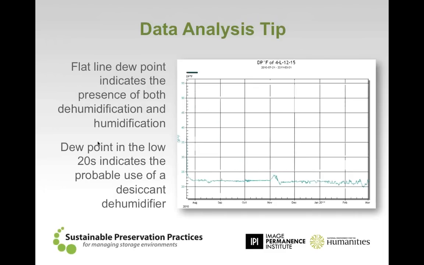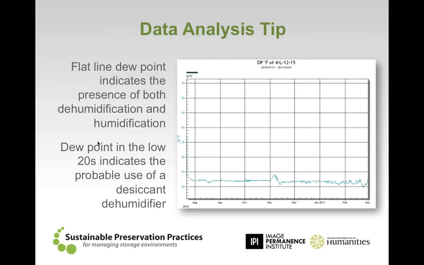One last humidity graph is this one. If you ever look at a humidity graph and you see it's down in the low 20s, that could be a fair indication that there's a desiccant dehumidifier. A desiccant dehumidifier, one of the most popular kinds, is a large wheel that spins with material that will absorb moisture from the air. You get a lower dew point with a desiccant dehumidifier than you do with standard cooling coils or other forms of